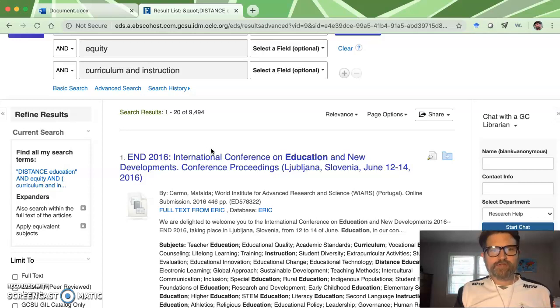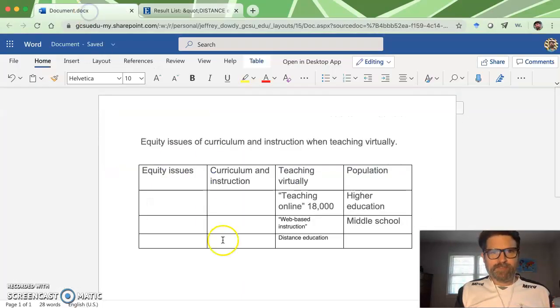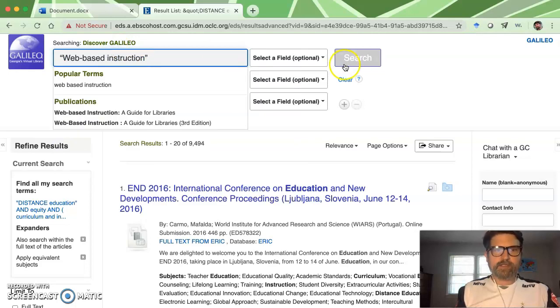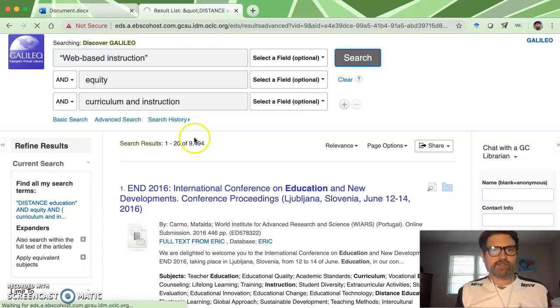And so now that's a pretty good start to our search. Of course, the purpose of this is that you may want to try some variations. Don't get stuck and think this is the best way to search, because it may very well be that web-based instruction could yield some interesting results. So I may want to come in here and search web-based instruction.